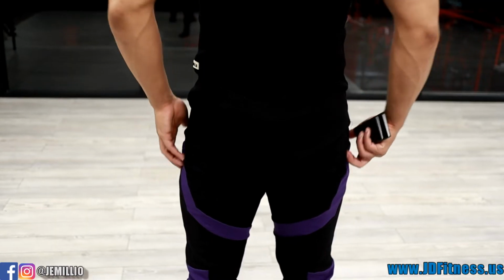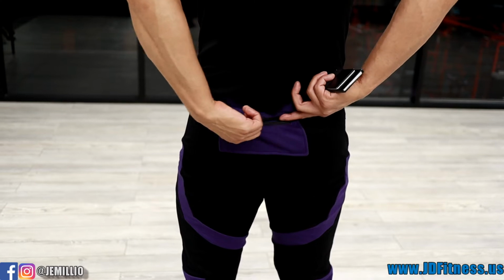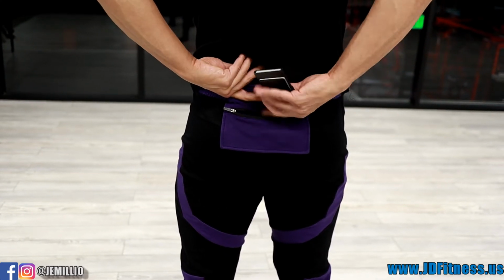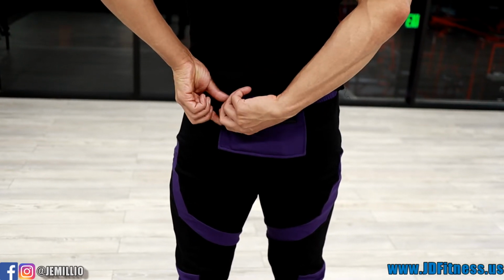On the back, there's a flap pocket that's similar to the pocket that's on the back of the Rogers joggers and the Todd joggers. The difference though is this back pocket is very small. It's much smaller than those. So you can put like a small little minimalist wallet if you have that, or some keys, but it's probably